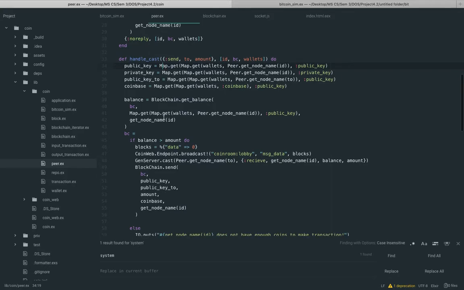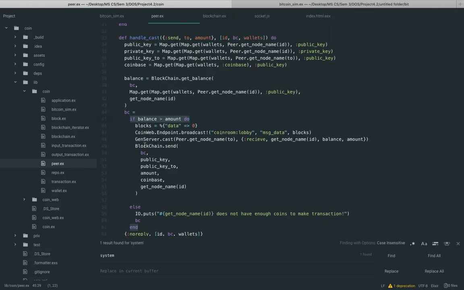We first check for the balance: does peer number 73 have enough balance? If he has enough balance, then we make peer number 73 send the amount of coins